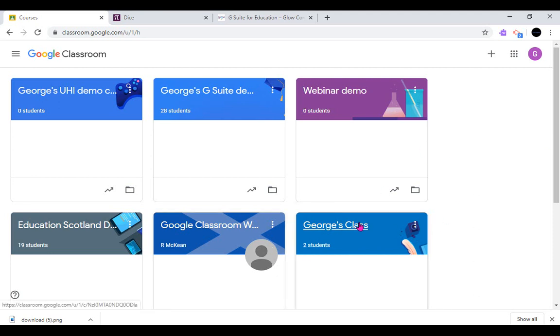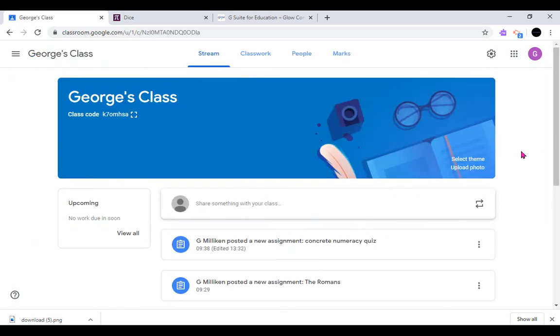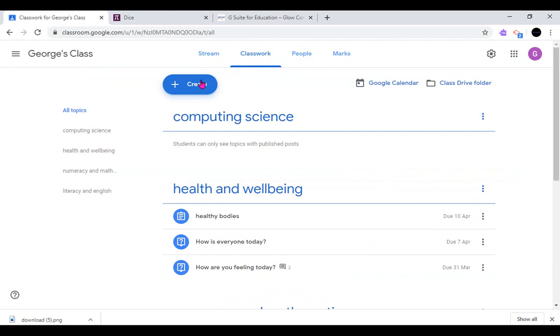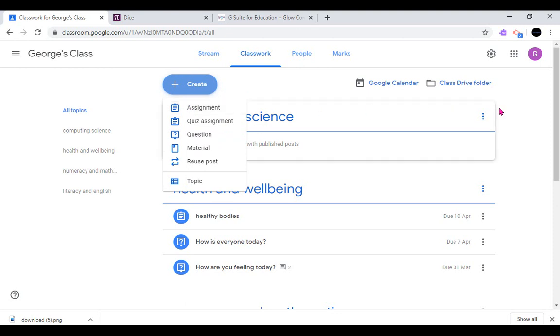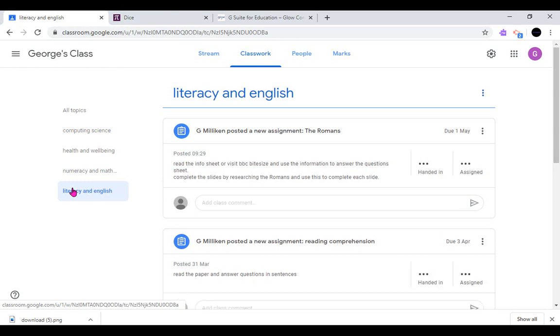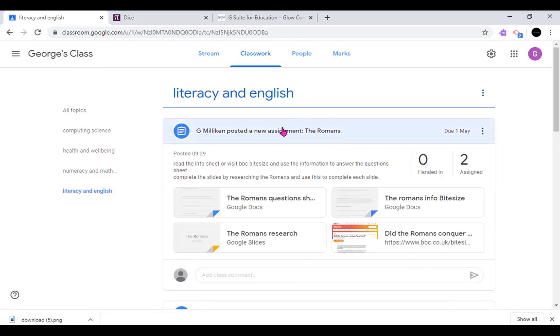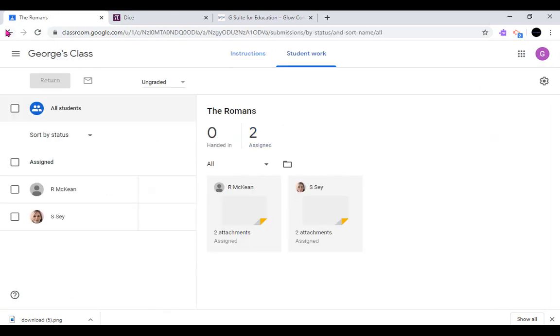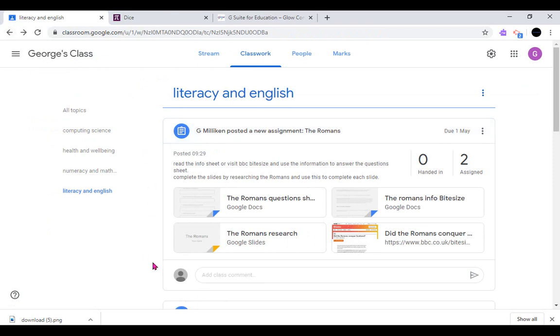So I've got my class here. I'm going to go in here. What I'd like to show you is an assignment that I've already created. We covered this in our previous webinar about creating an assignment. So I could go in via here, but I want to show one, in the spirit of Blue Peter, that I made earlier. I've created this assignment on the Romans, and what I've asked the learners to do is